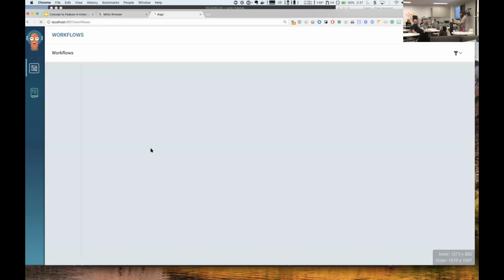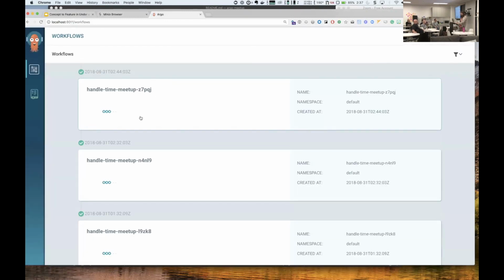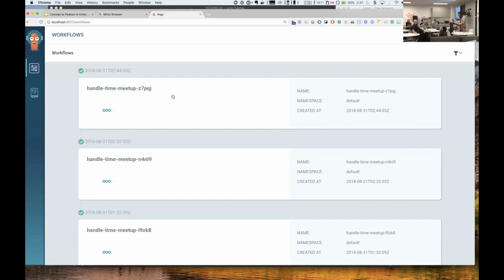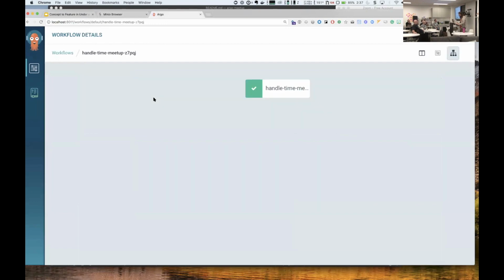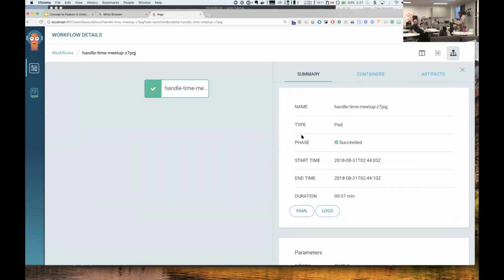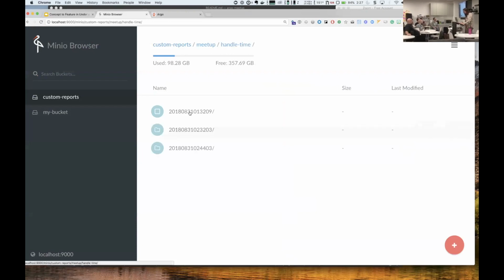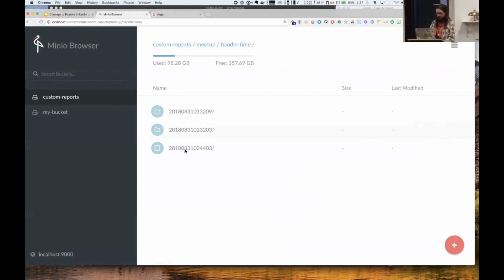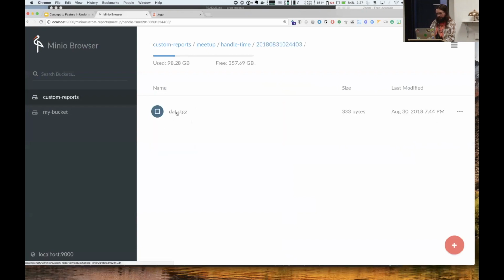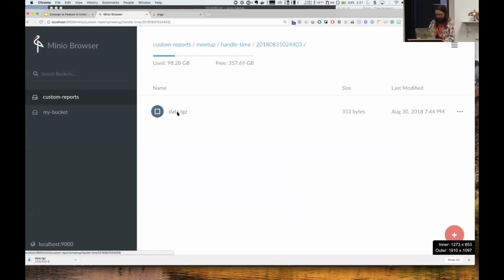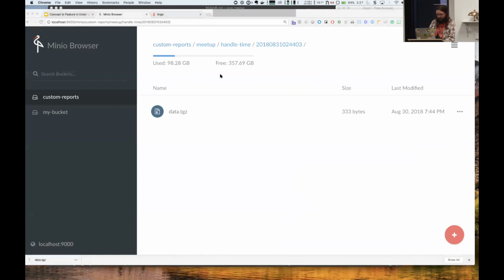So if I look into the Argo UI, I will see that I actually had this report run about 10 seconds ago. That was my workflow. And I can look into this custom reports directory. And actually, I think it's been running for the past few minutes. So I can see in here that I have a bunch of directories that were generated by the Argo workflow. And there's a bunch of data files. So if I click on one of these data files and download it and then open that up,